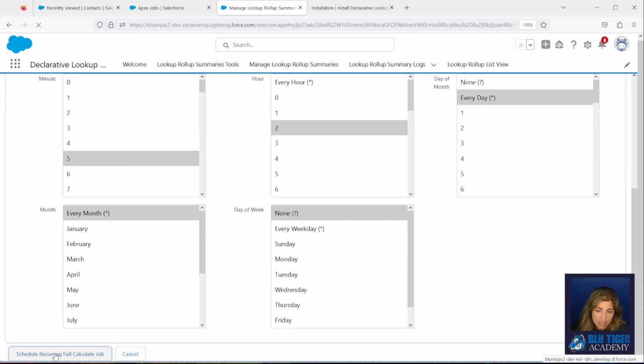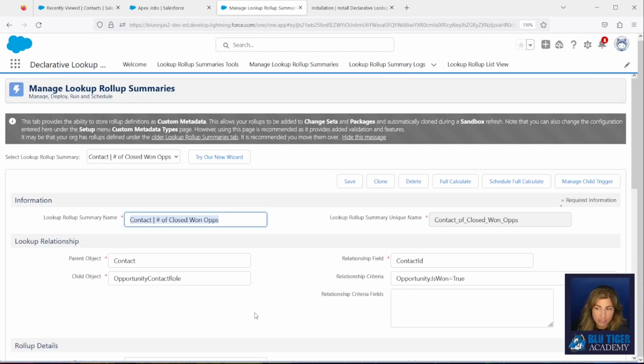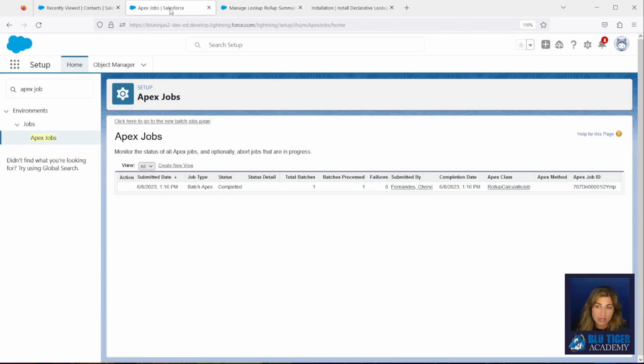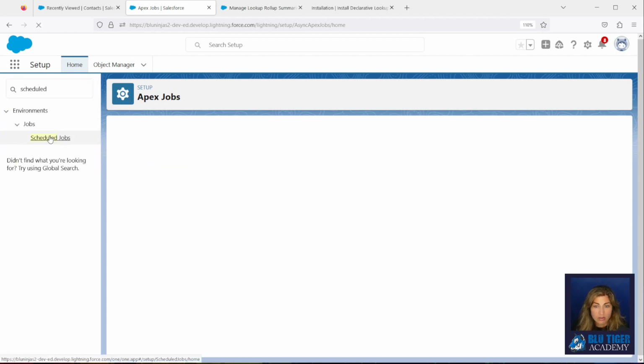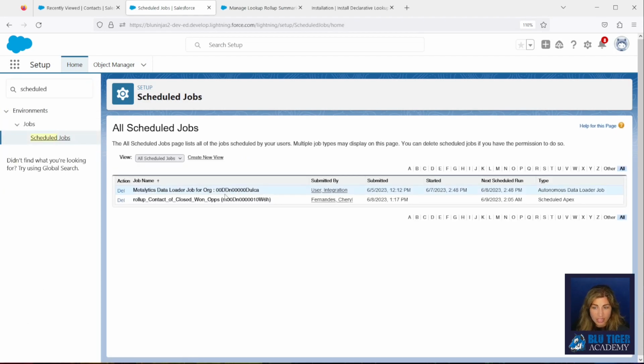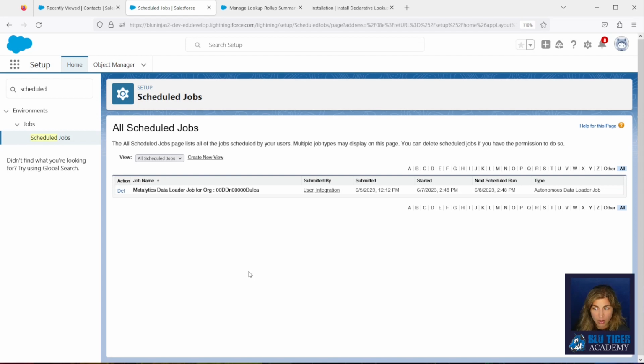And if I click schedule recurring full calculate job, now what's going to happen is this is going to put a record in what's called scheduled jobs. So I'll pop over here and I should now see right here, there's my roll up for my closed one ops that is scheduled to run tomorrow at 2:05 a.m. If you wanted to cancel this scheduled job, you just delete this and now your scheduled job will no longer run.